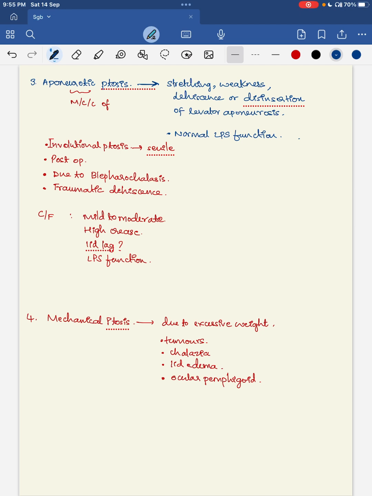Clinical features of this aponeurotic ptosis: we have to compare them with congenital ptosis. The lid crease is actually a high arc. A high arc lid crease will be present, compared to congenital ptosis, which has an absent lid crease. It may be absent or diminished. The ptosis is mild to moderate. We'll study how to grade the ptosis. Lid lag, one thing we should talk about again. Compare with